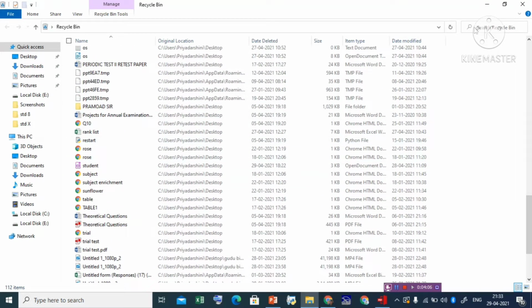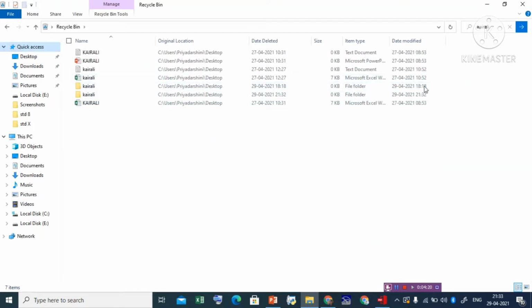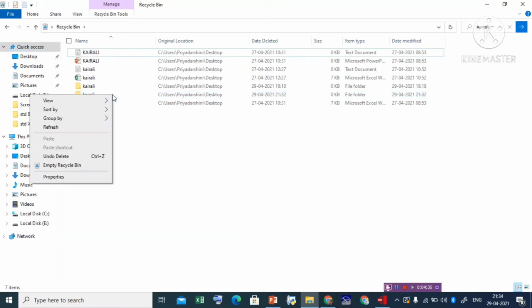If many files are there, you can search for it. This deleted folder you will get in the recycle bin because it is not permanently deleted. If you want it back in its position, you just right click